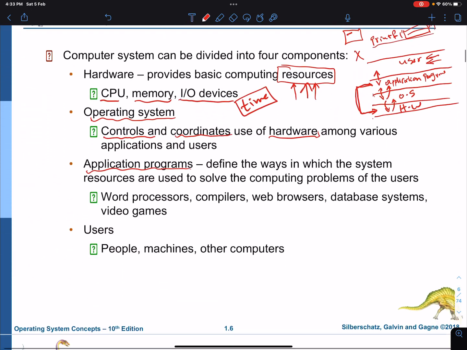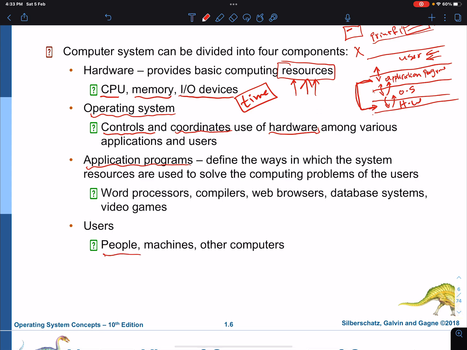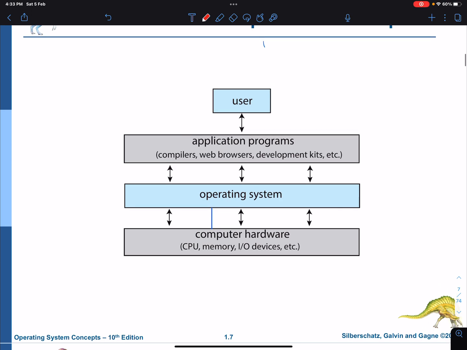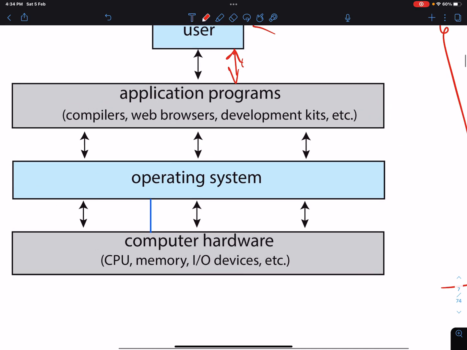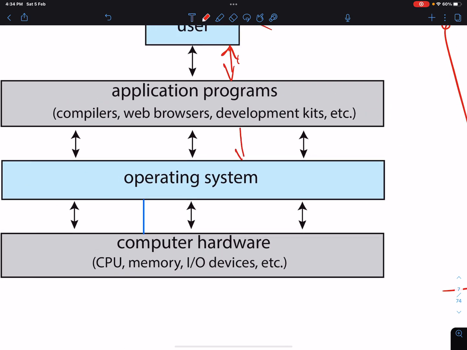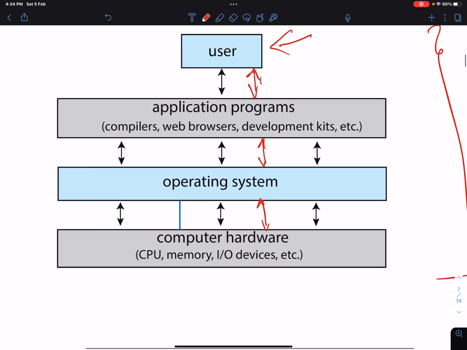All right. Of course, as I mentioned, users can be people, machines, whatever you can think of. So here is a better drawing than what I did in the previous slide. Here you have the user. The user has a bi-directional communication with the application program. The application programs communicate with the operating system, and the operating system communicates with the computer hardware, as you can see.